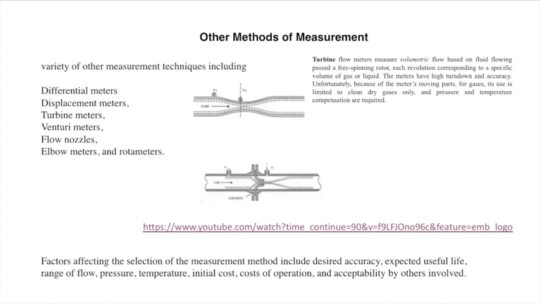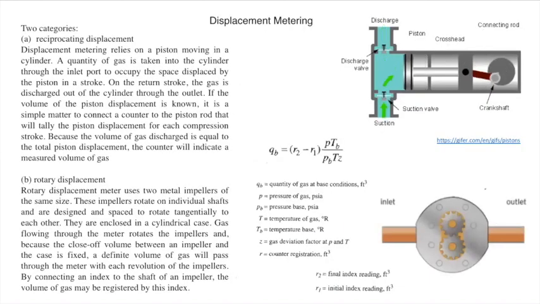Now in the next slide, I will show you the positive displacement meters, where you can see that we have two different categories. One is reciprocating displacement. As you can see on the right hand side, there is a piston cylinder assembly where the suction is coming from the pipe. The purpose of this arrangement is to measure the flow rate. Each time suction takes place, it tells you the amount of gas that is coming in and going out, right? Each stroke takes some amount of gas from the suction and sends it to the discharge.